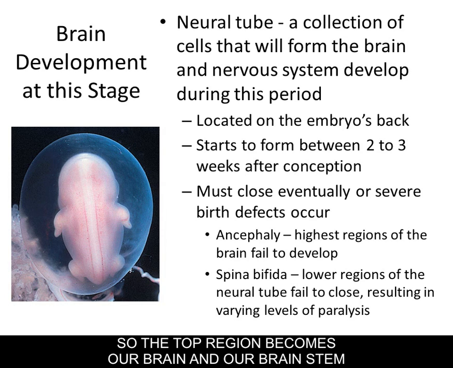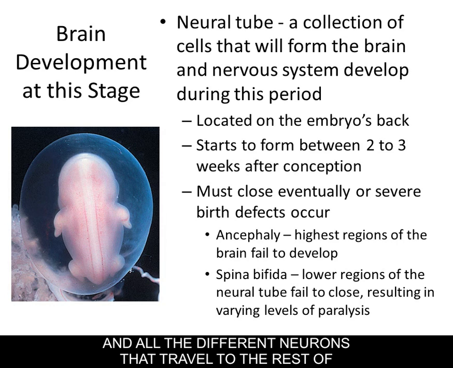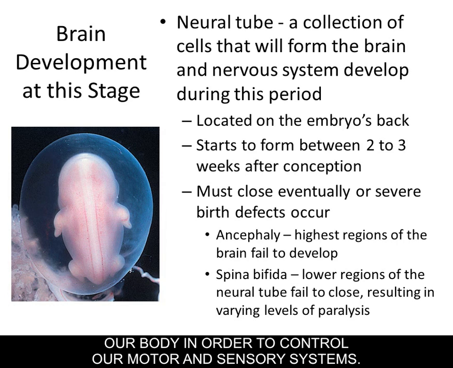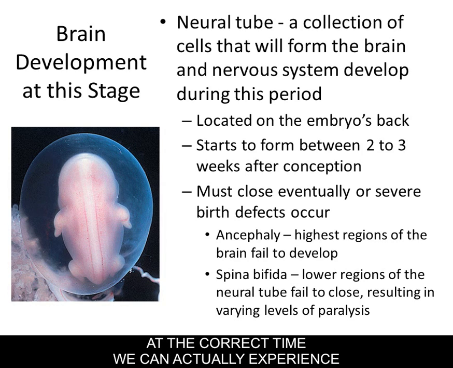So the top region becomes our brain and our brainstem and other systems that are connected to that, and the lower region becomes our spinal cord and all the different neurons that travel to the rest of our body in order to control our motor and sensory systems. If this neural tube doesn't close at the correct time, we can actually experience some major birth